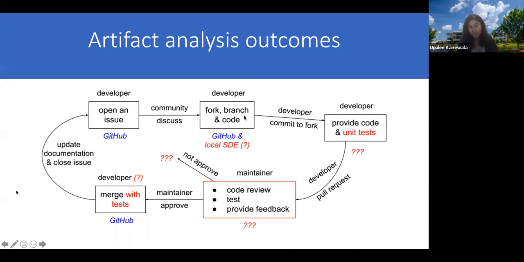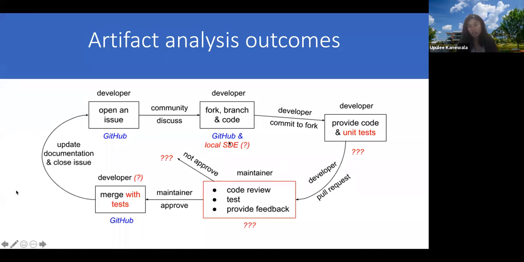If they decide to do that, a developer takes it on and moves through this workflow after developing that particular issue. A maintainer looks at it, and then if everything is good, it is merged with the main repository or the main software. But we identified certain gaps here.